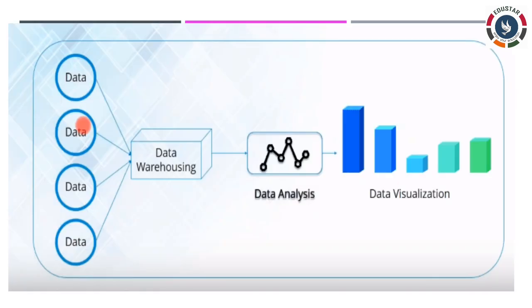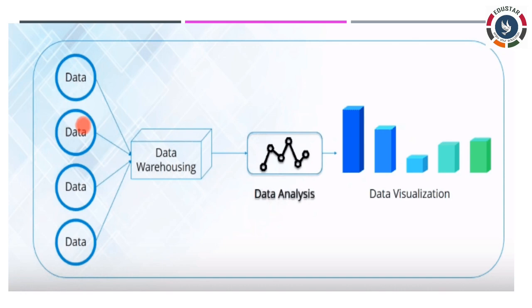See here, I'm going to display a picture of the data life cycle. What does the data life cycle mean? For example, data is stored in different formats. Maybe the file is an Excel file, or an HTML file, or a CSV file, anything. This data format is transformed or converted into a single format and stored somewhere, and that's where data warehousing comes into the picture.